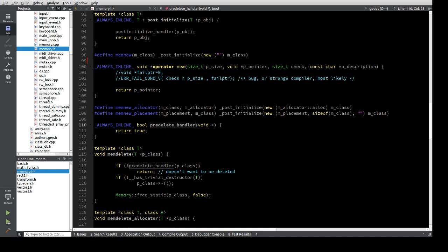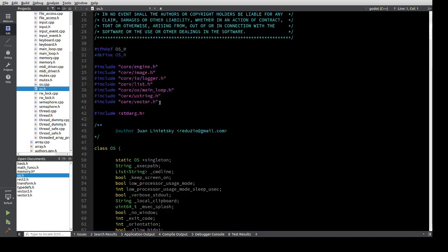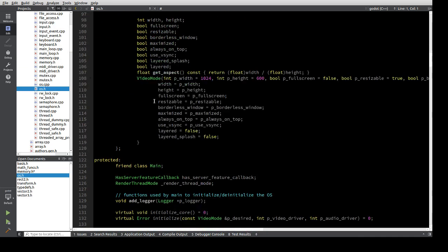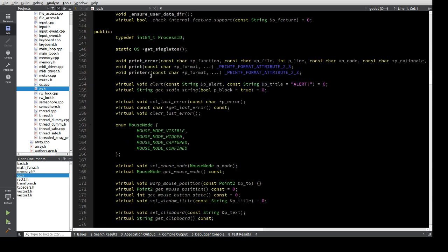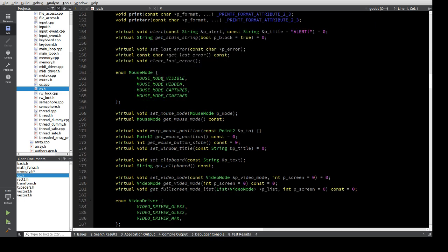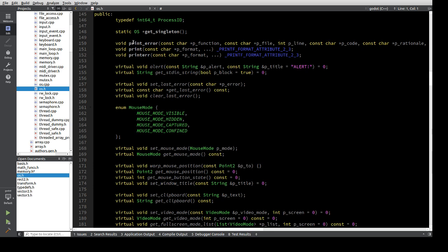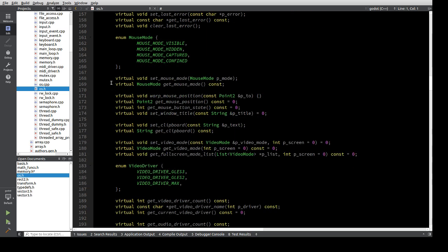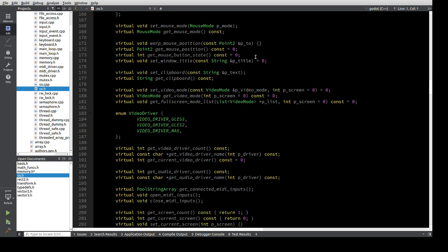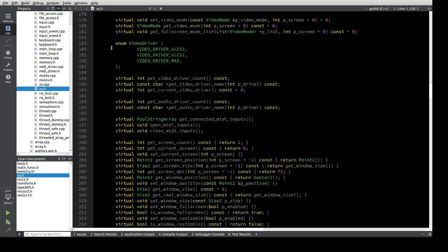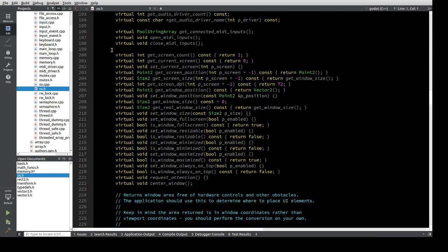The other important class is OS. This contains all the functions that you need for accessing the operating system, abstracted because it's different on every one of them. For example, you can print errors, you can show dialogues with alert, you can change stuff regarding the window and the mouse. In Godot 4, this is separated into a display class from OS. But since this is Godot 3, it's all together,